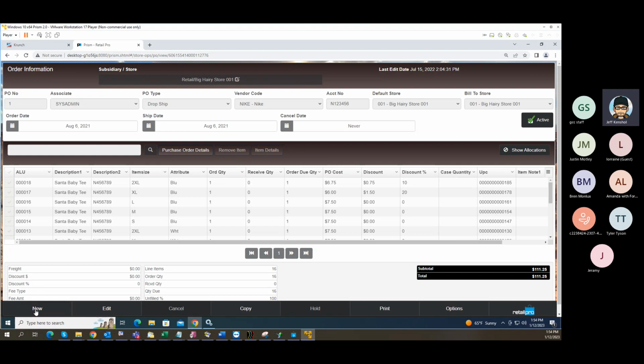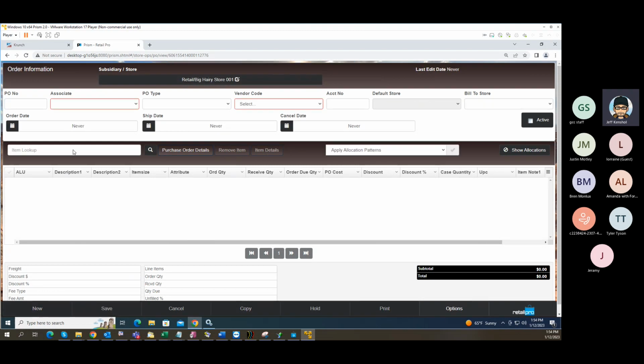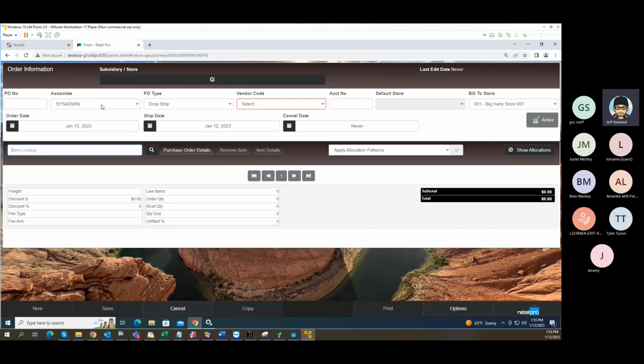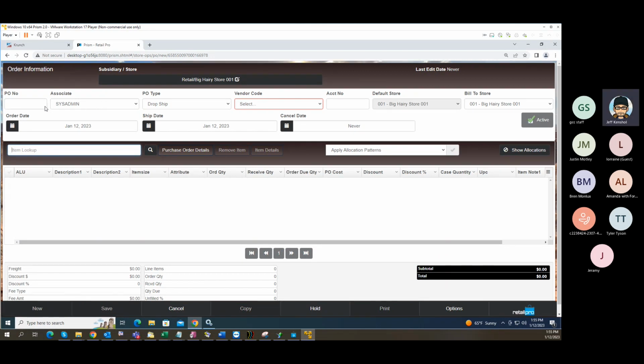So let's click new, and let's just start in fresh right on a new PO. We have our associate. It'll assign a number at the end, just like V9 in that sense. It won't show you the number until you click save. But if you wanted to put a number in there, we could, then it will adopt that number, right? So if you have a PO number from a show, yeah, put it in, right? Pick a vendor, go